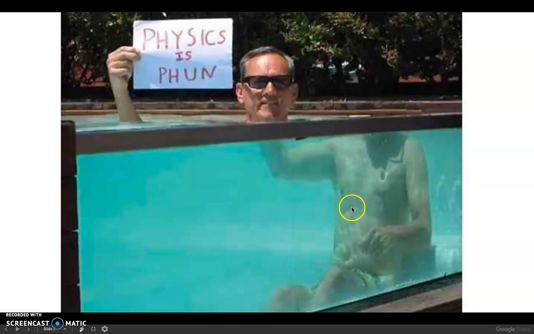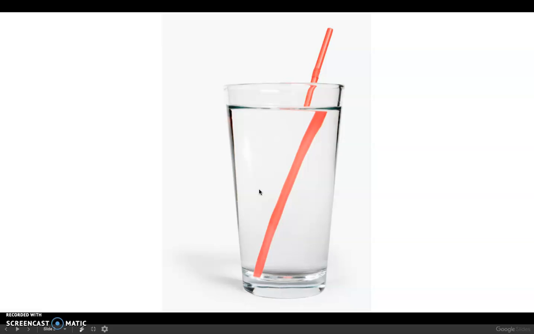So this isn't photoshopped or anything. This is an actual photograph that someone took. And it's strange because his body's way over here, but you'd expect it to be over here. So why is that? Maybe an example of this that you've seen more commonly is if you have ever